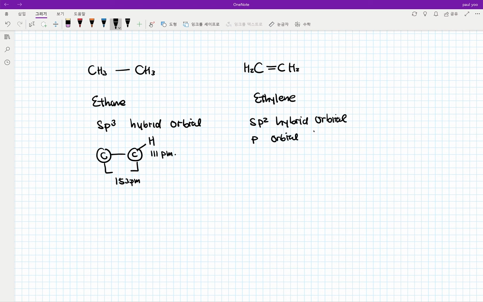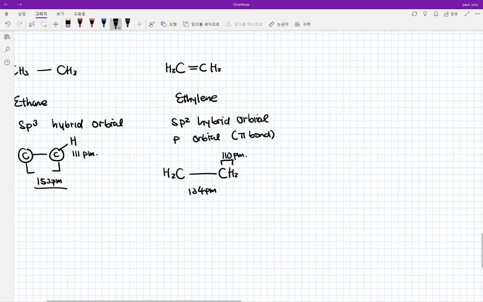That p orbital has the pi bond. The distance between two carbons is 134 picometers, which is shorter than 153 picometers. And the distance between the carbon and hydrogen is 110 picometers, where there is not much of a difference with